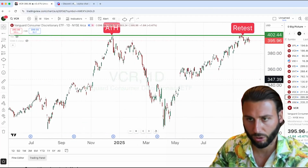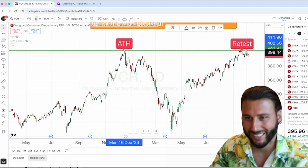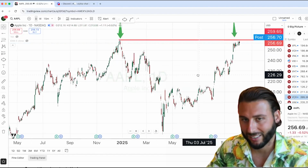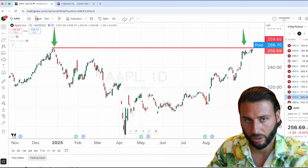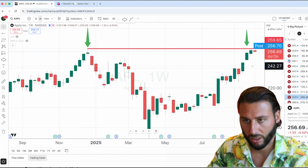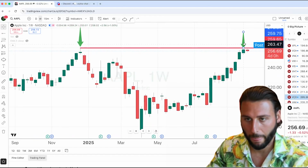We can see consumer discretionary retesting the all-time high from the end of 2024. Significant pullback, gets right back up there, but we're seeing resistance at that level. Very similar, again, Apple's not in this sector, but a lot of people have been talking about Apple lately, and it's the same thing. This was the all-time high. I'll change it to weekly so it's easier for you guys watching this. Apple has an all-time high here, end of 2024, pulls in, climbs back up, and it's stalling out here, creating